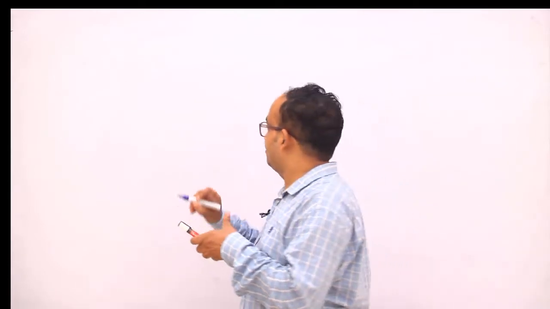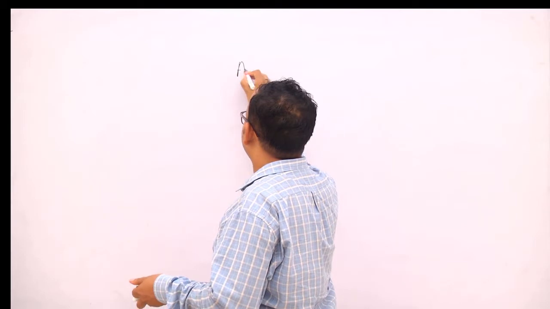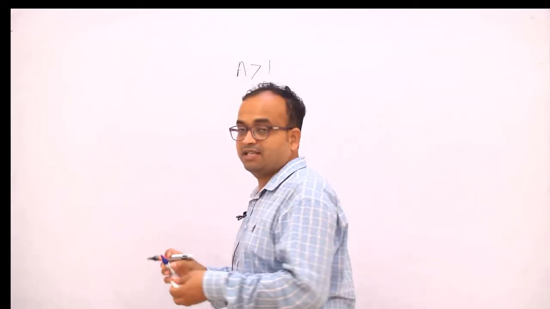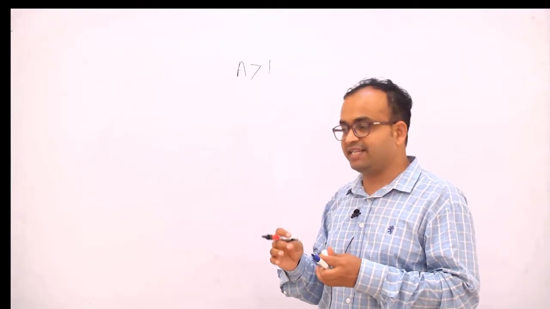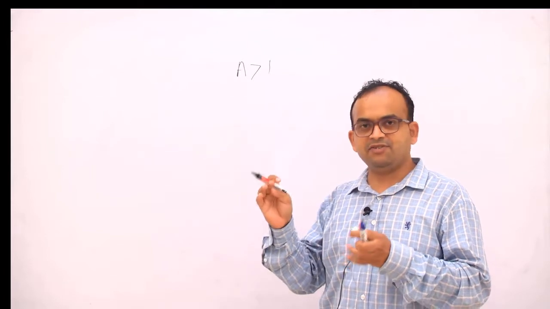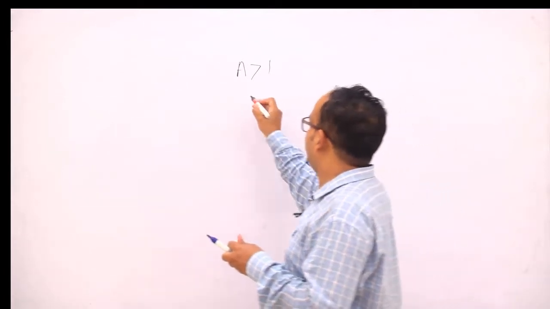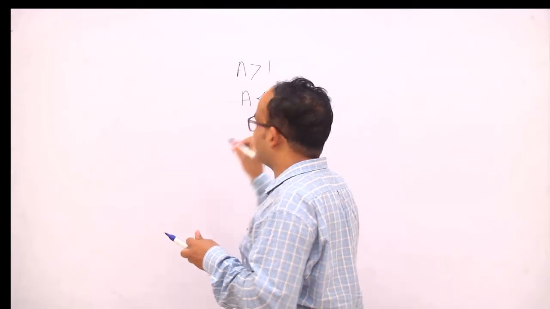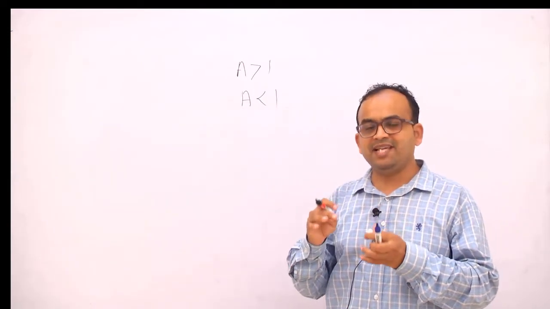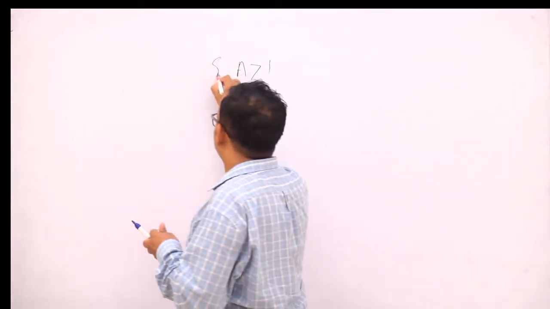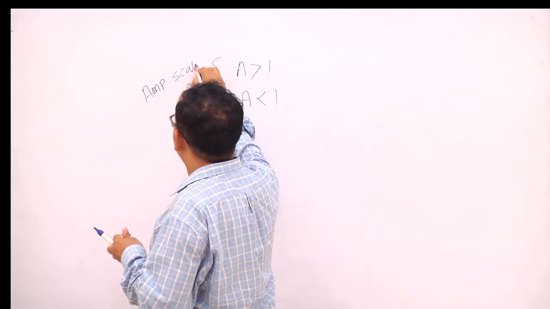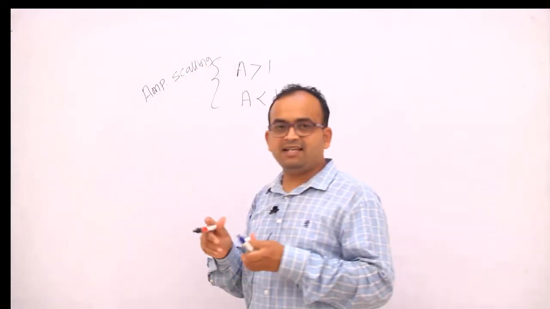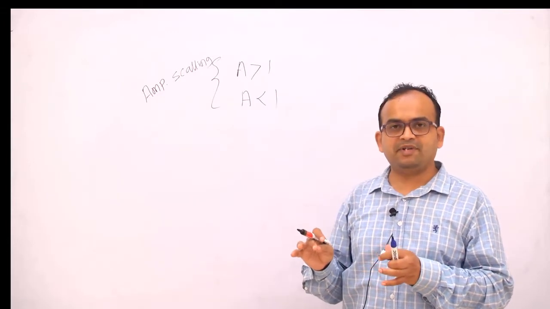We know that in amplitude scaling, when the value of A is greater than 1, the signal will be amplified. These things we have seen in the last class. Similarly, when the value of A is less than 1, the signal will be attenuated. So this is the case we got for amplitude scaling. Similarly, the next operation we have done is time scaling.